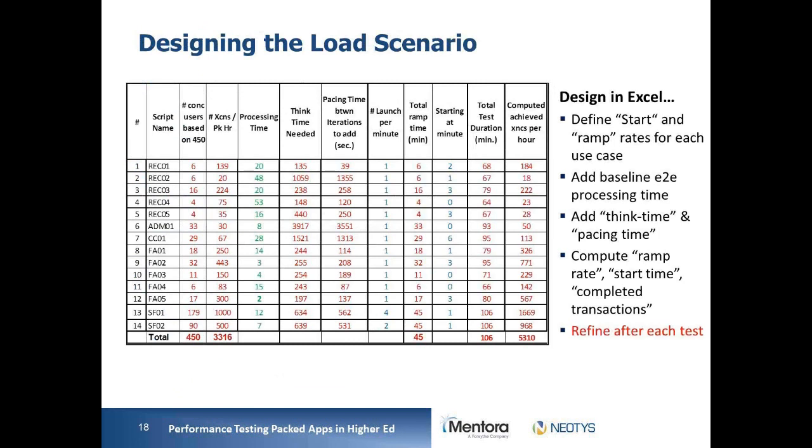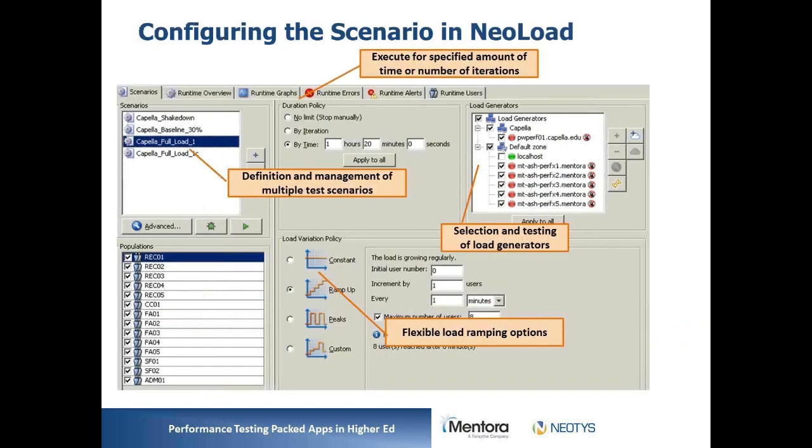This is just a few of the columns that we would capture in our design templates, where we've got our 14 workflows, our concurrent users, the number of peak transactions we're hoping to accomplish, how much processing time each transaction takes, and so on and so forth. And I would bore you to tears at this point to try to elucidate this particular model in detail. But ultimately, the point is that we get the data that we need to then move into the Neoload user